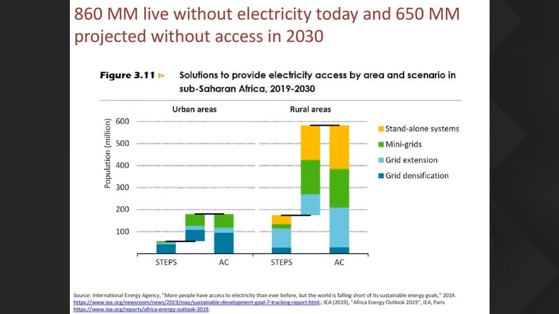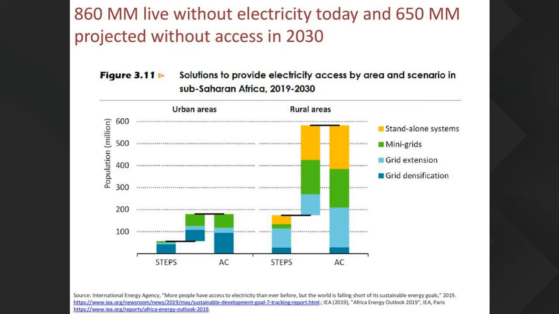So the problem that we try to tackle in our group is that of energy poverty. And I think some of these figures shown at the top of this slide show that pretty well. 860 million people live without electricity today, and 650 will be projected without access in 2030. So even though a lot of progress will be made in the next decade or so, it's projected that we'll